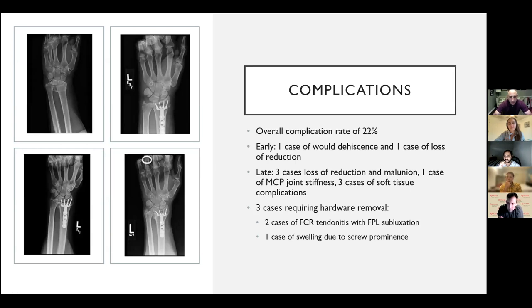It's been around for probably 15, 17, less than 20 years. Can you maybe explain to the younger students why this is such a big transformation in the way we treat these fractures? Yeah, prior to this, it was basically pins